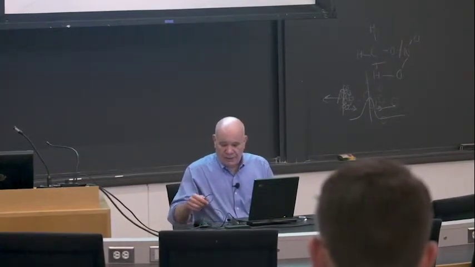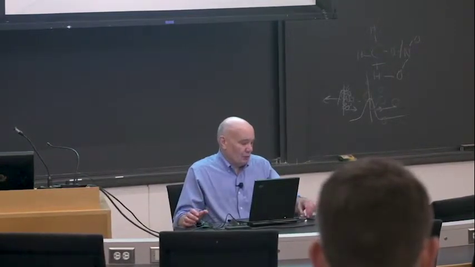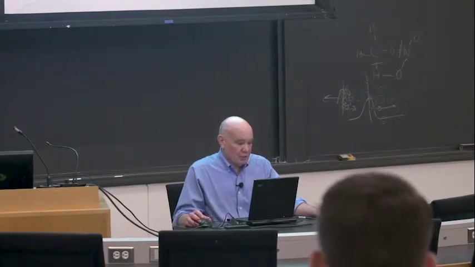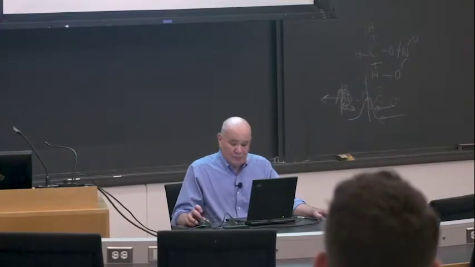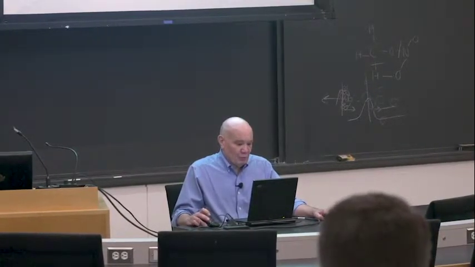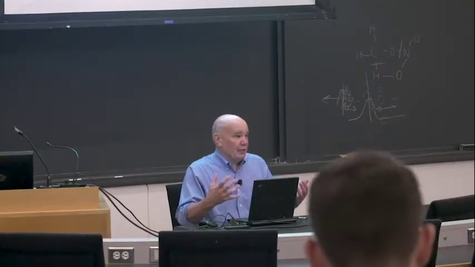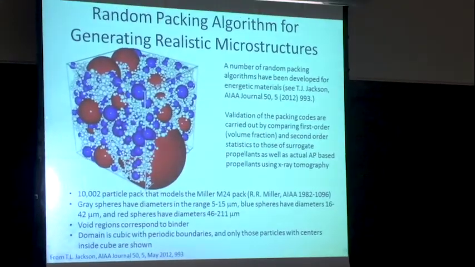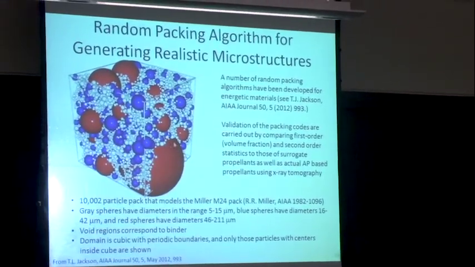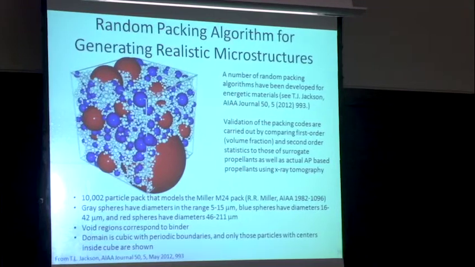Okay, so as I said, the last thing I kind of wanted to show you is really, in terms of complexity, what people have been starting to look at in terms of trying to model composite propellants. And this really comes about because, obviously, of the advancements in computers. And lately, people have been looking at random packing algorithms to actually simulate what that condensed phase might look like of a composite propellant. So to give you an example here, this is some work that Tom Jackson and John Buckmaster early did, where they actually developed and used these randomly packing algorithms,